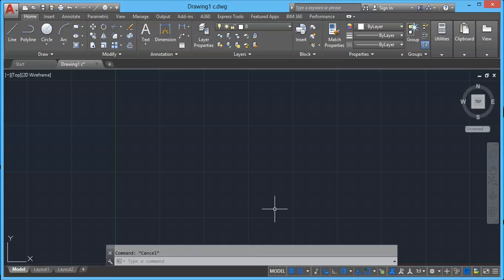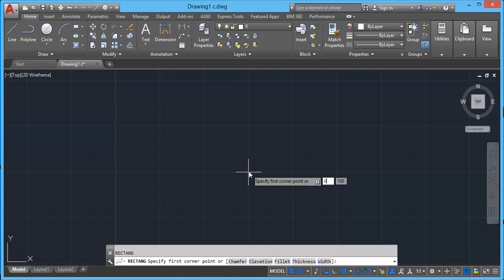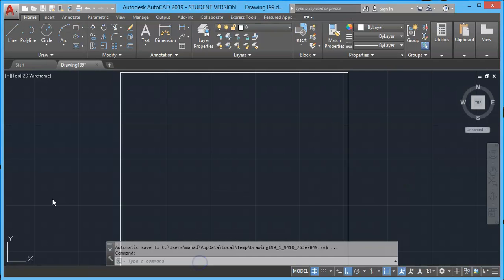So I would like to elaborate on that a little. I would like to draw a rectangle with the lower left corner as the left corner and upper right corner as the opposite corner for the rectangle. So type REC shortcut for rectangle, and 0,0 is my lower left corner, and 297 by 210 is my upper right corner of the rectangle. And take zoom command, that is Z enter. Take extents option here. Now you can see this rectangle. These are the limits of our current drawing.